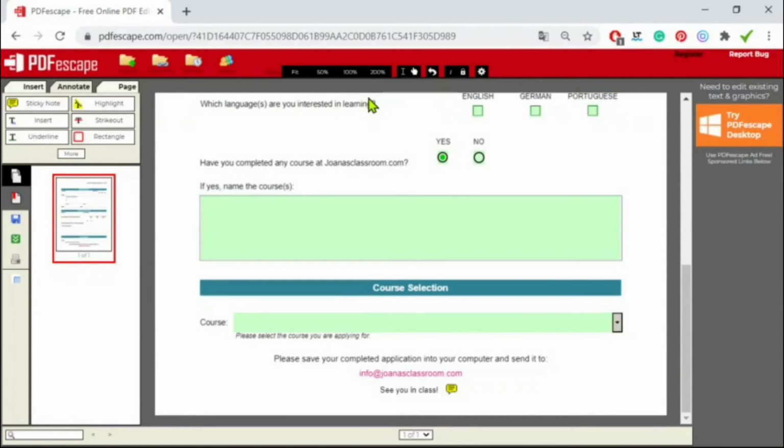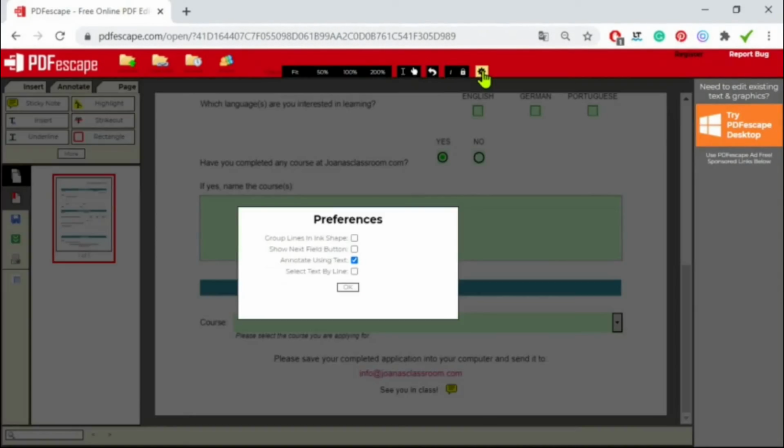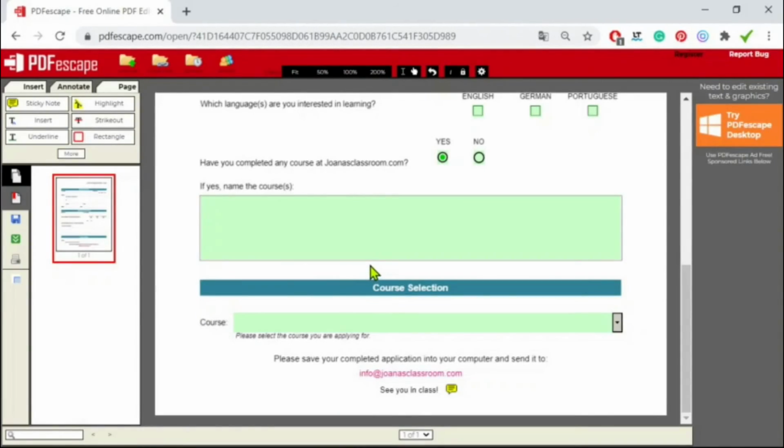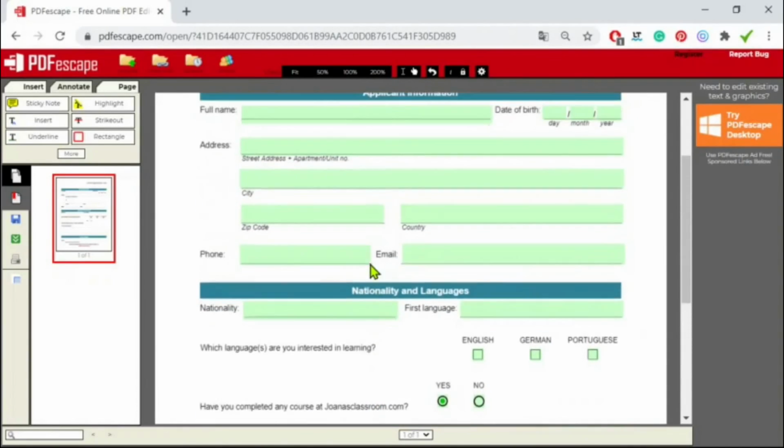We're almost done now. But because this is a form, I want to add an extra feature to it. You can go to the top of the page again, to this ribbon here, and I'm going to click here on the settings, and as you can see, we have 4 options, and one of them is show next field button, and this is what I want to do. Okay, so I'm going to click here because, okay, let me show you what this does. Okay, I'm going to scroll back up for you to see.